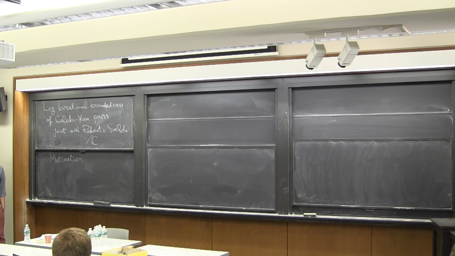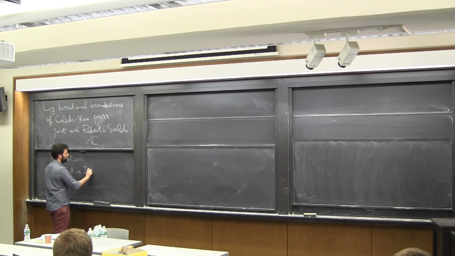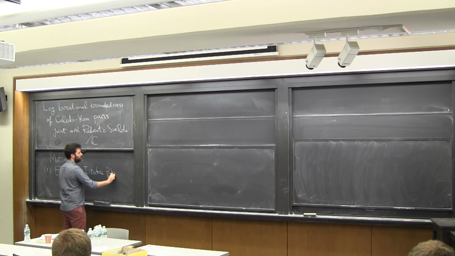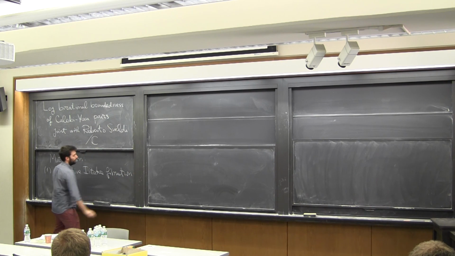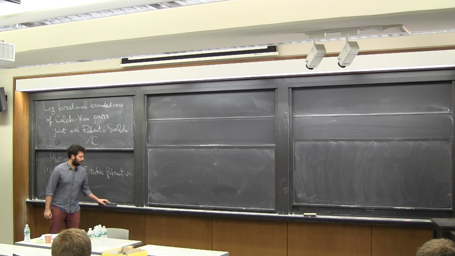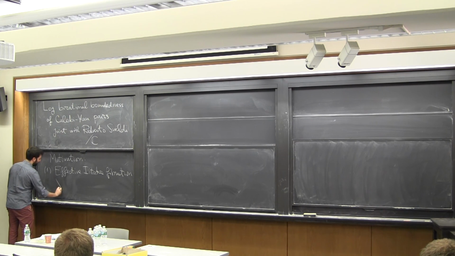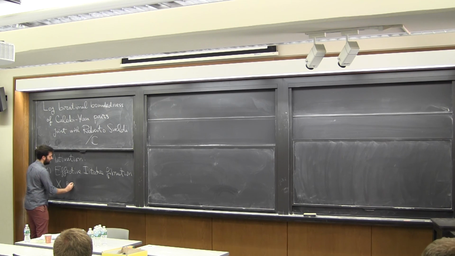There are a lot of motivations to study boundedness properties of Calabi-Yaus. The first one, a problem I've always been interested in, is the effective Iitaka fibration. This is a very classical problem. Basically, you look at varieties with non-negative Kodaira dimension, and you look at the linear system defined by the canonical class. You would like to have an effective number such that a power of the canonical class gives the Iitaka fibration. So the setting is: let X be a smooth projective variety